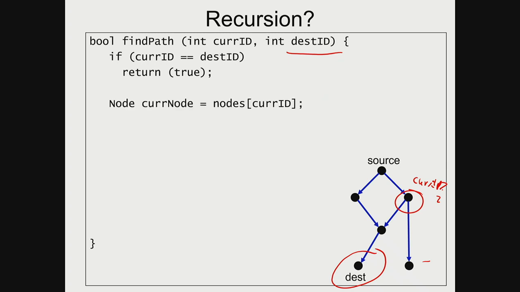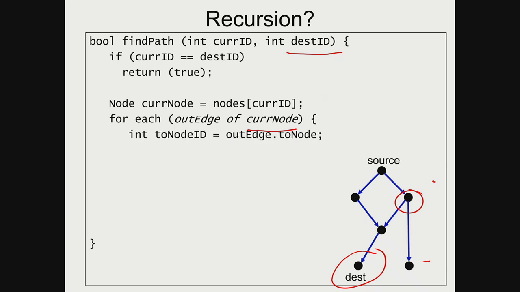So I'm basically going to look at all my outgoing edges of this current node, and I'm going to say, what are the IDs that I can get to? So I can get here, and I can get here. And for each of those nodes,